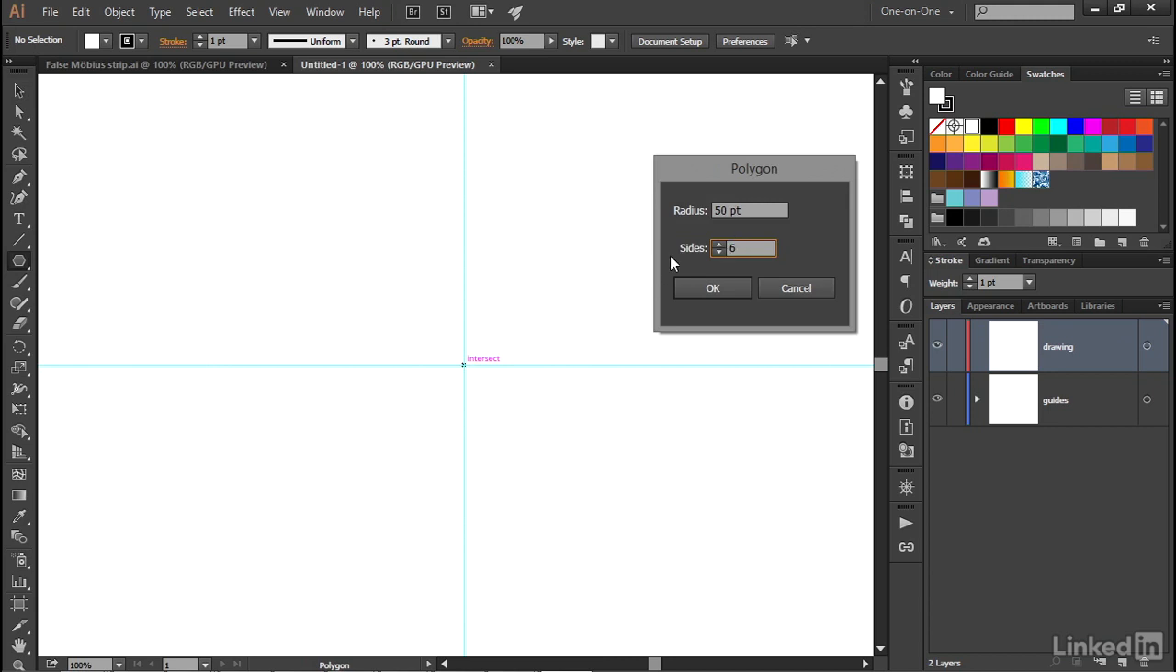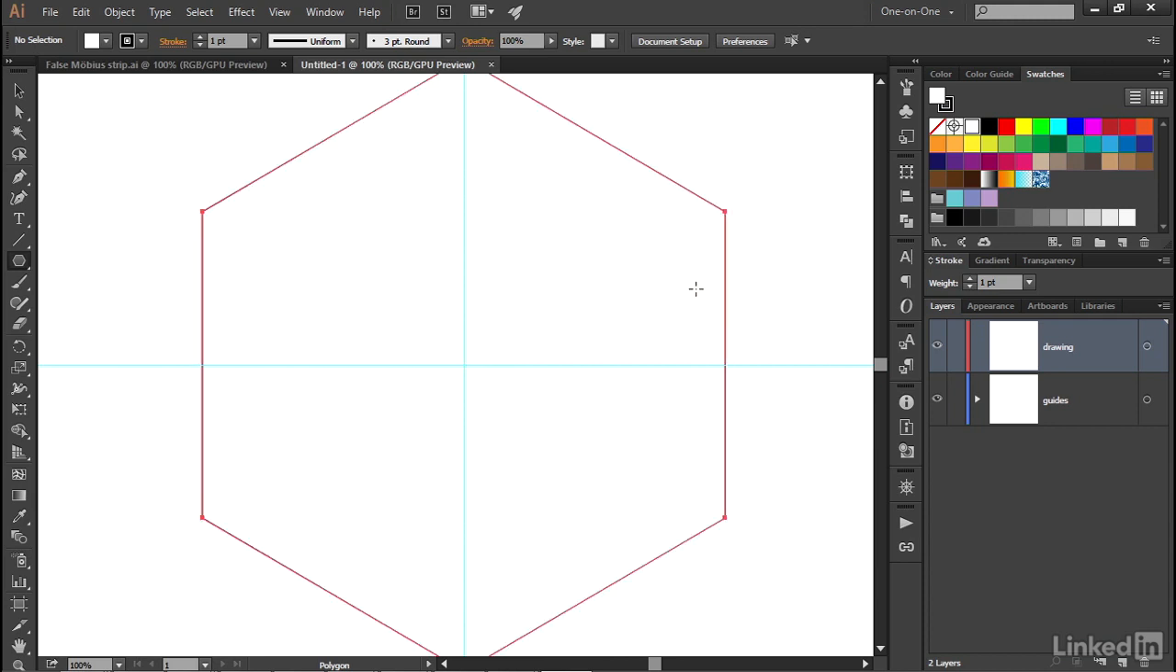We're going to be starting with a hexagon, so we need 6 sides, and I'm going to take the radius value up to 350 points and then click OK in order to create this ginormous shape. Now, assuming you're working with the most recent version of Illustrator CC, the one that supports live shapes, then go